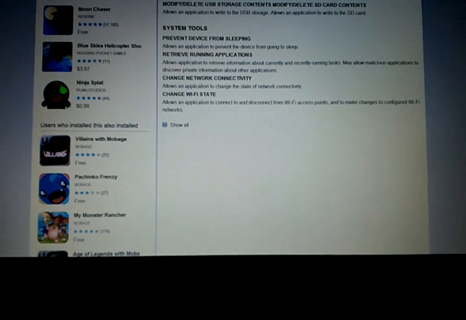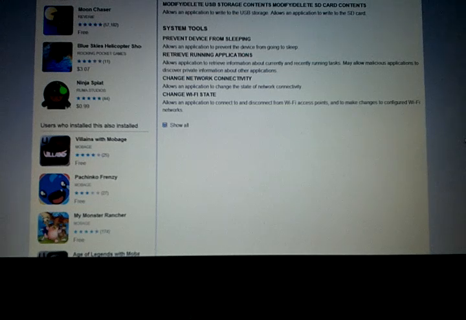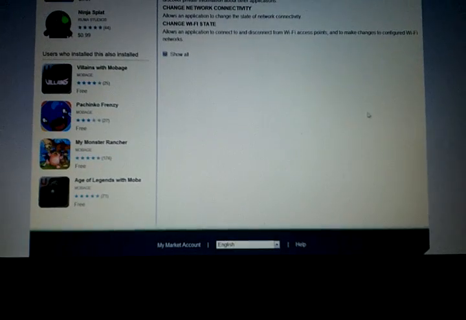It's just fuzzy to me. I don't know why a game application would need that information. Okay, changing network connectivity, that's something that's fairly common, so I don't have a problem with that. And changing Wi-Fi state is not really necessarily a problem with me.